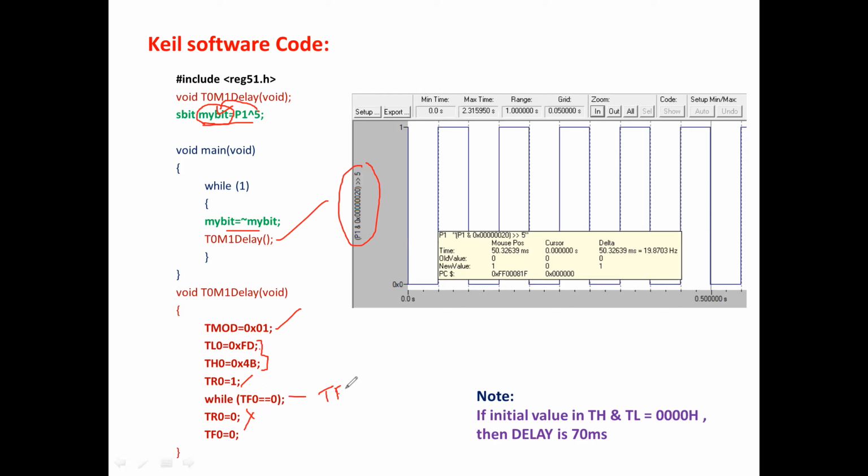If the flag is 1, which indicates the delay period is over, that's why the condition is here. Always we have to wait here till the timer flag equals 1. So that's why we are using the while loop. So clear this flag, come back here. So toggle it for a number of times. Okay. So this is your program.